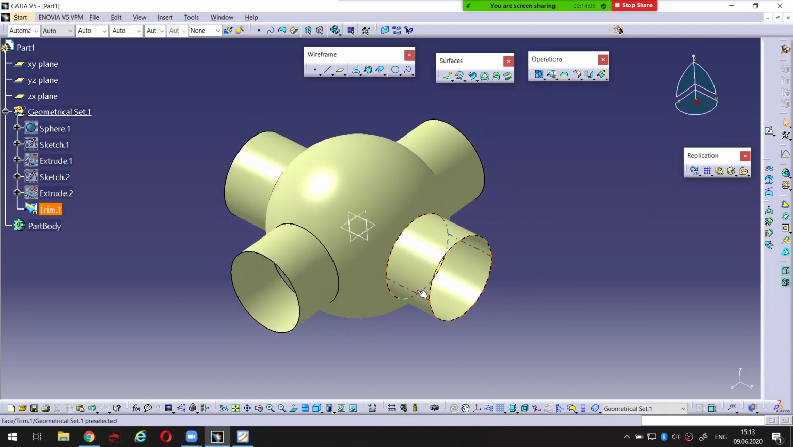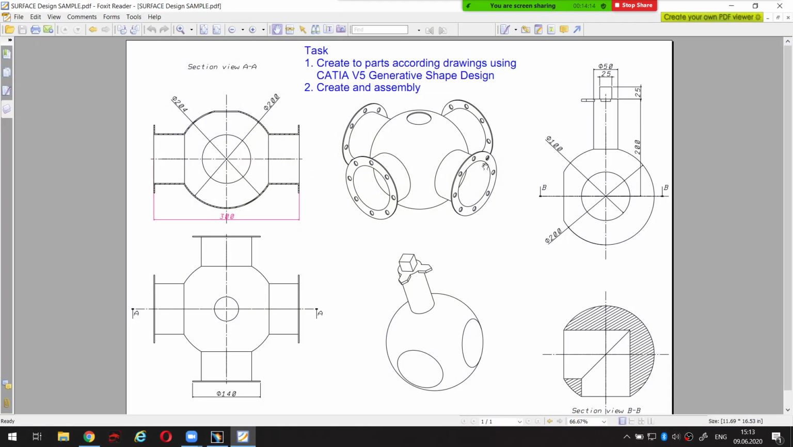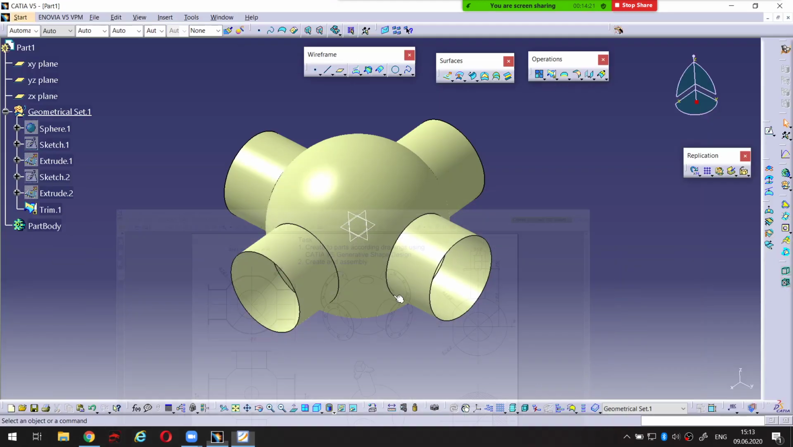Actually, for now, I don't need any more. So let's continue. I have also this part, which is actually this one. Okay, so how can I create this? I'm gonna use this option